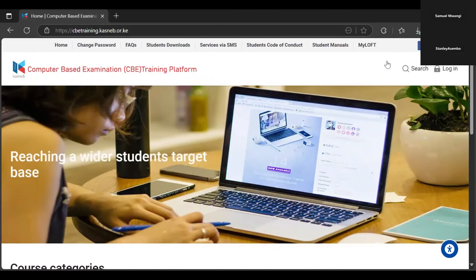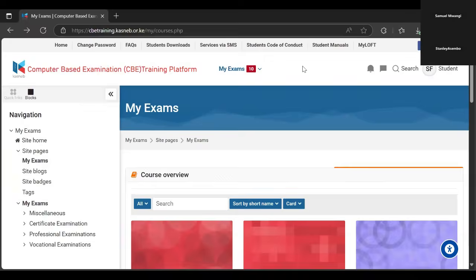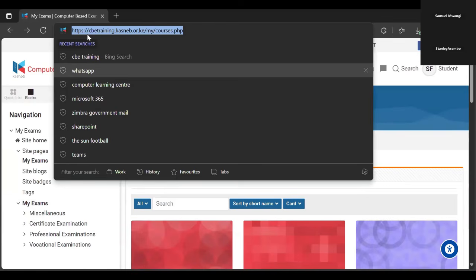Allow me now to log in. One of the things that you need is access to the internet and access to a browser of your choice. For instance, I am using Microsoft Edge. You could be using Chrome, Mozilla, or Safari, whichever browser you choose. This system is accessible through any of the browsers. For this purpose, I'm using Edge. So you go back to this link,